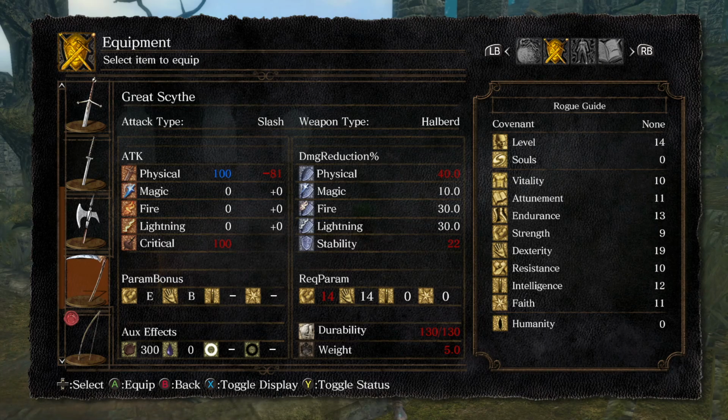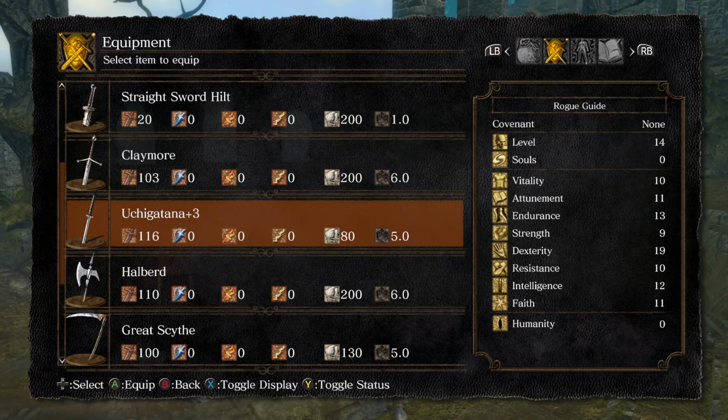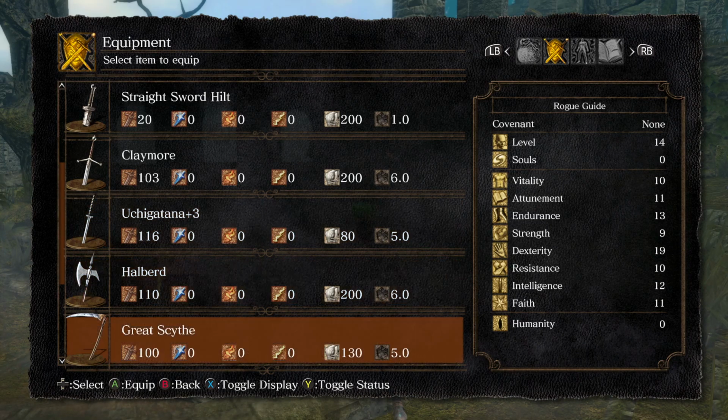Highly recommend the Great Scythe. It is a fantastic weapon, great reach, great two-handed moveset. The one-handed moveset leaves much to be desired, but the two-handed moveset I think is very, very good. And again, it can be buffed. It's got bleed. It's not too heavy. It's just fantastic. I really like it. Highly recommend. And that was how to acquire the Uchi Katana and the Great Scythe, two very nice early game